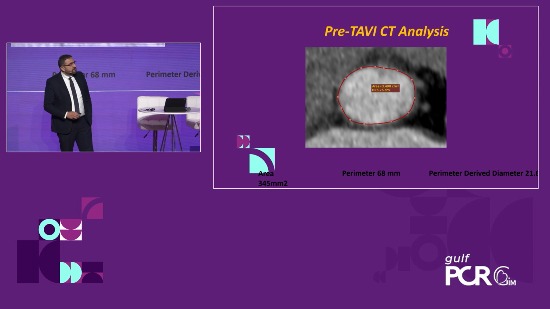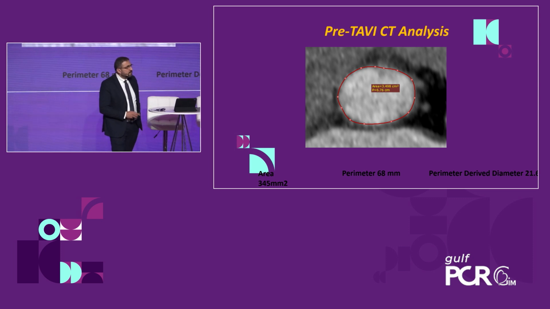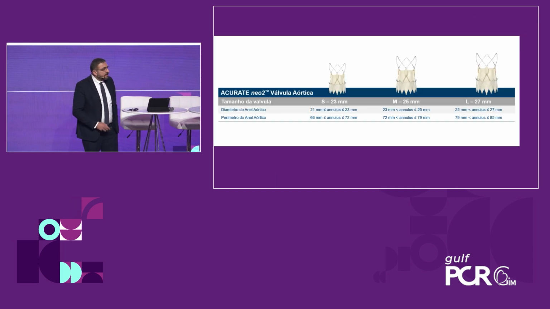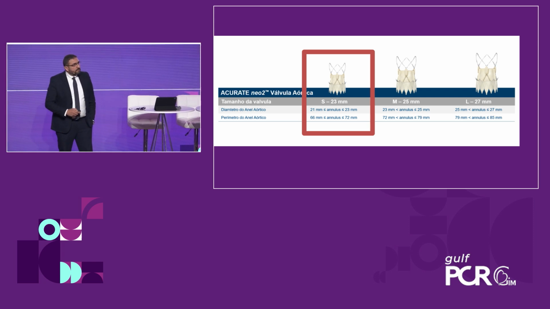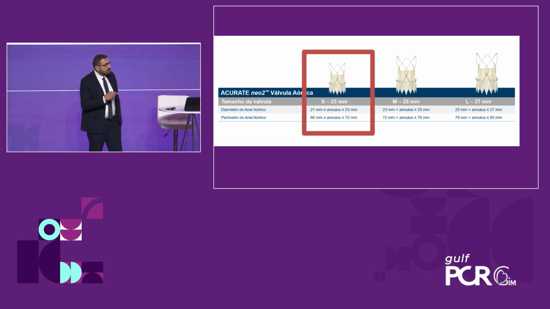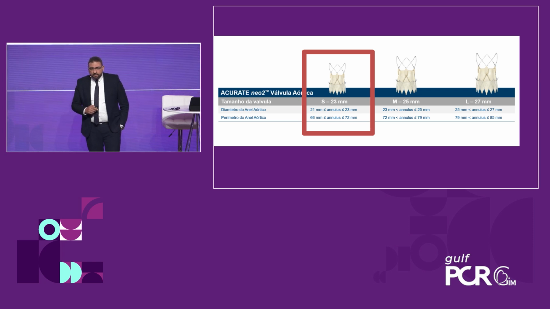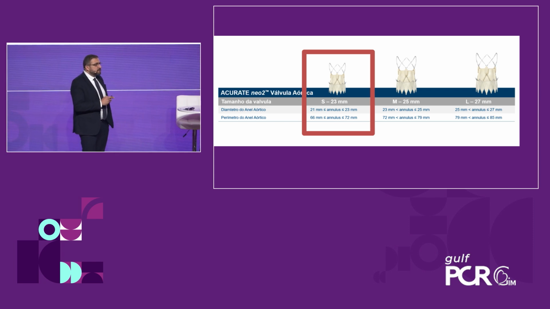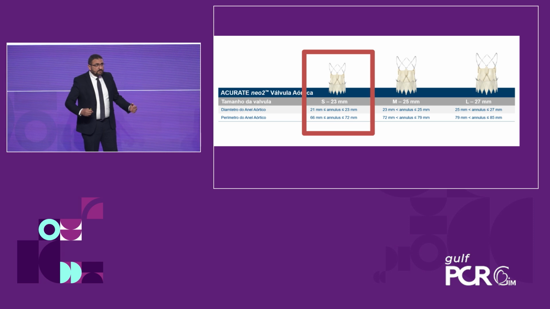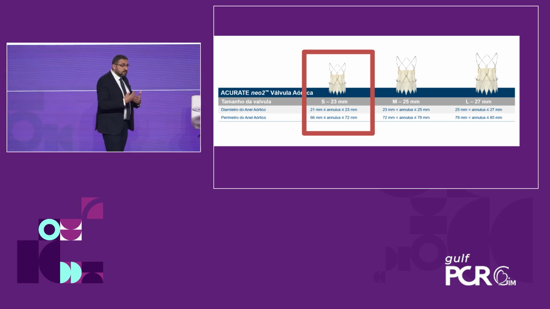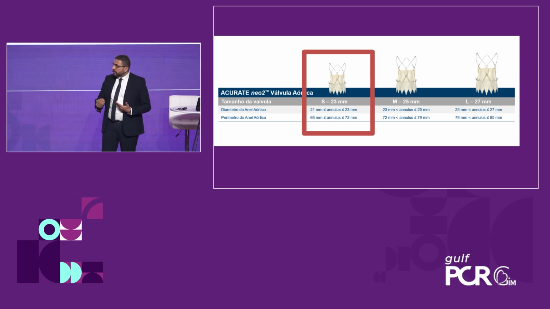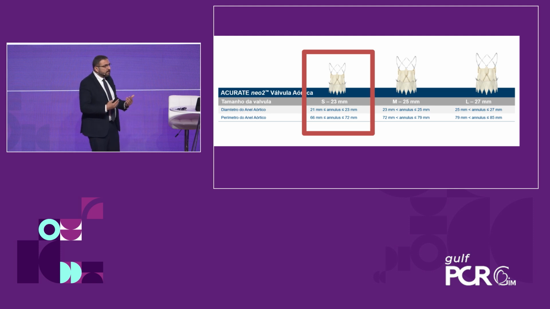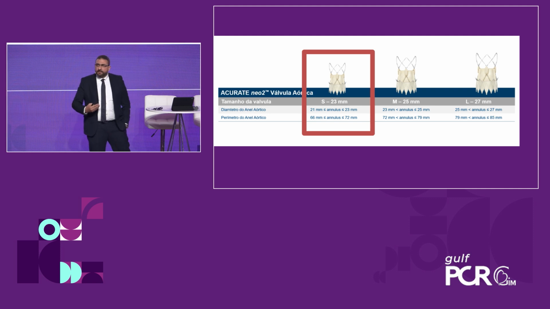As you appreciate from the images, she had a small annulus with a perimeter of 76 millimeters. What made us choose ACURATE Neo2 for this case was really two things. The patient has a small annulus and she's obese, so you can anticipate that she might have a significant patient-prosthesis mismatch after TAVI if we used a valve with an intra-annular leaflet design. Using a platform with a supra-annular leaflet design would allow the patient to have lower gradients, better hemodynamics, and avoid the